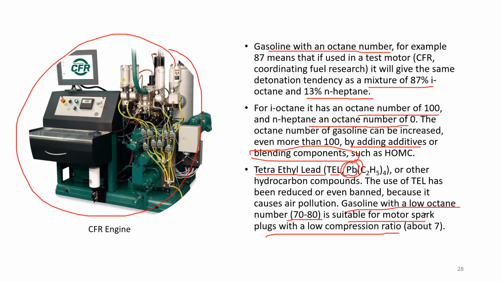So in this case, every engine has a specific compression ratio. The air-fuel mixture is compressed in the cylinder to create ignition, and the force of which depends on the compression ratio. It indicates the volume of the cylinder when the piston is at the bottom of its stroke versus the volume of the cylinder when the piston is at the top of its stroke. So the compression ratio can be defined based off the volumes of the cylinder.